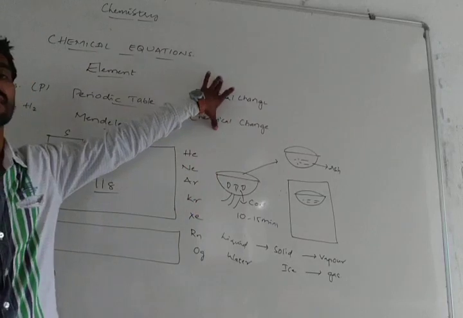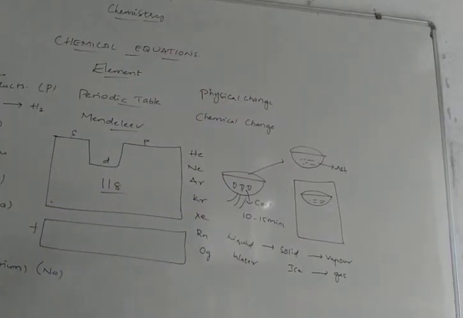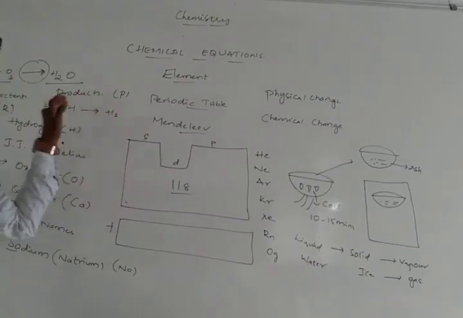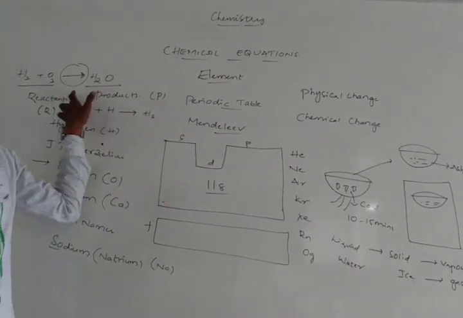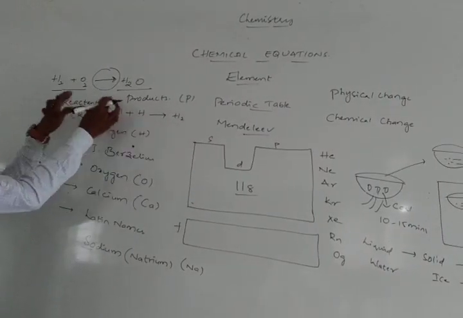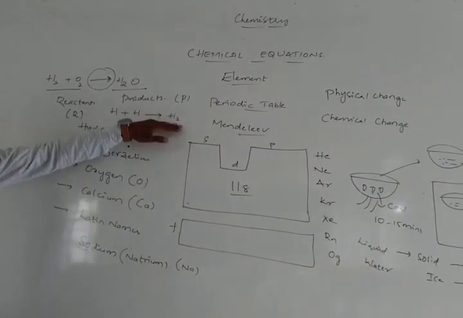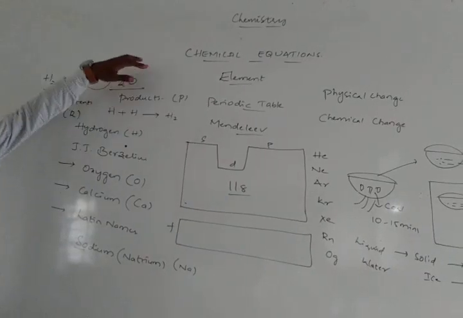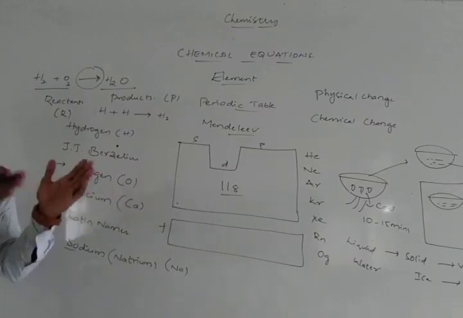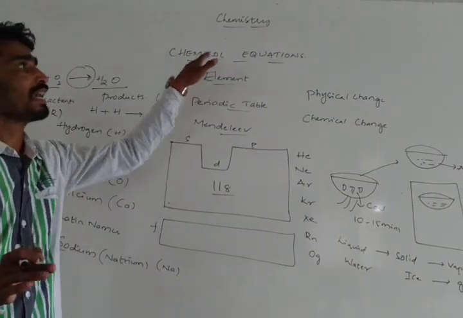These types of changes happen in a chemical reaction. So directly in one statement we can say it is the symbolic representation or short form notation of two similar or two dissimilar elements forming one particular molecule or compound with a different property or a similar property. Such an equation is called a chemical equation.